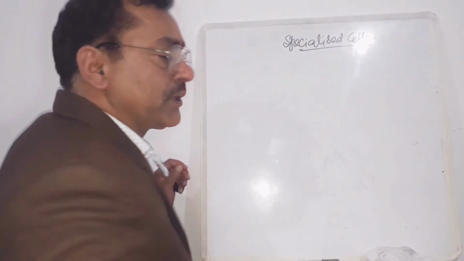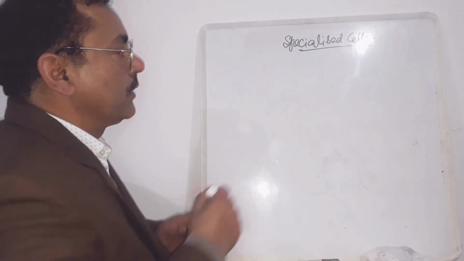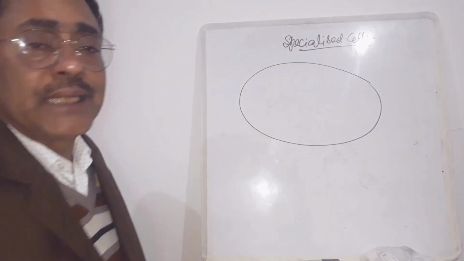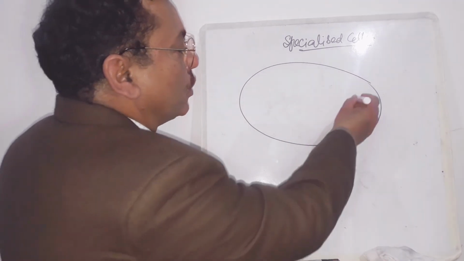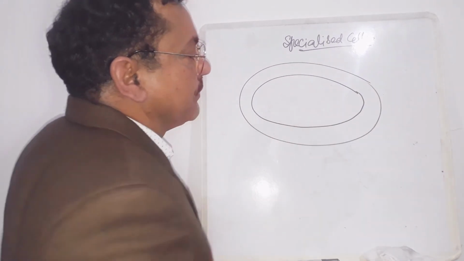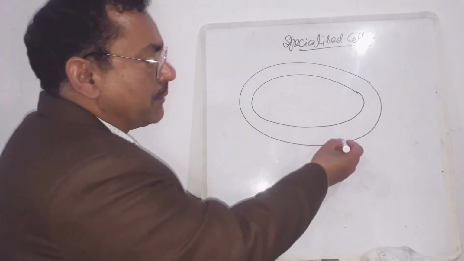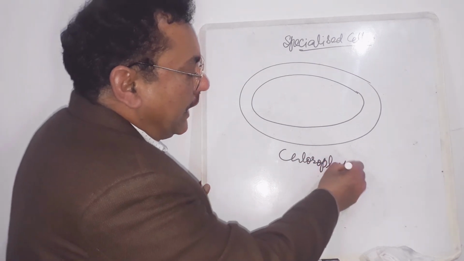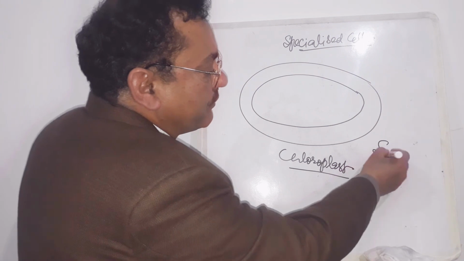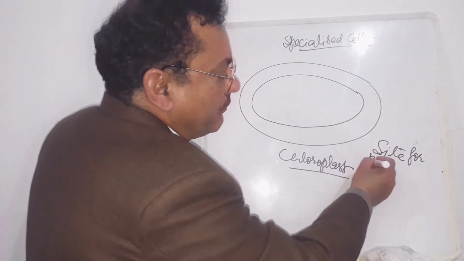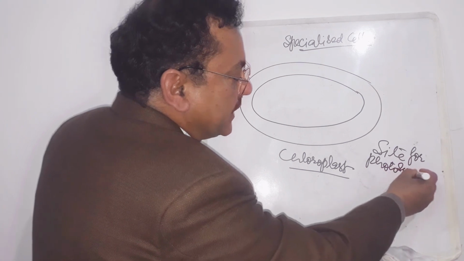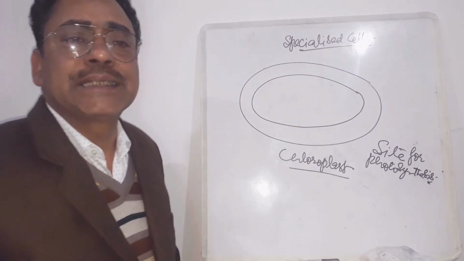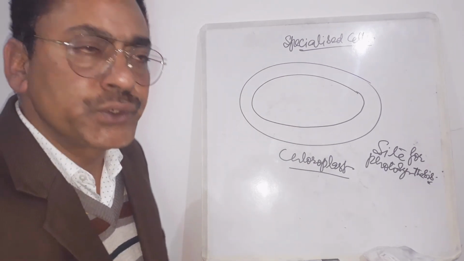Inside the cytoplasm of a chlorenchymatous cell or mesophyll cell, there are specialized plastids. And those specialized plastids you call as chloroplasts. A chloroplast is bound by means of two membranes, the outer membrane and the inner membrane. So this is the chloroplast. And this chloroplast acts as the site for photosynthesis. It will carry out photosynthetic process. So where does the chloroplast occur? It occurs inside the cytoplasm of chlorenchymatous cell or mesophyll cell.